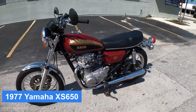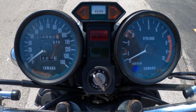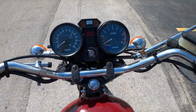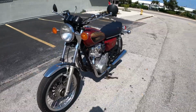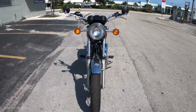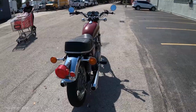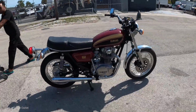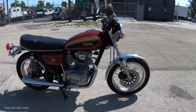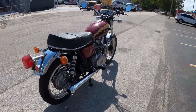1977 Yamaha XS650. The Yamaha XS650 was first introduced in 1968 as the XS1 and quickly won riders' hearts for its dependability and straightforward parallel twin design. By the late 1970s, the XS650 had firmly established itself as one of Yamaha's flagship street bikes. Not only did it help popularize mid-sized Japanese motorcycles worldwide, but it also brought tough competition to British marques known